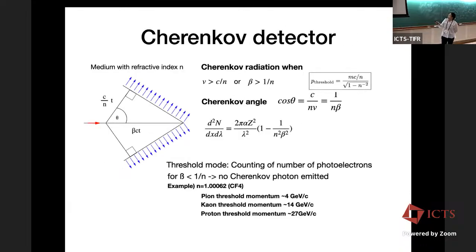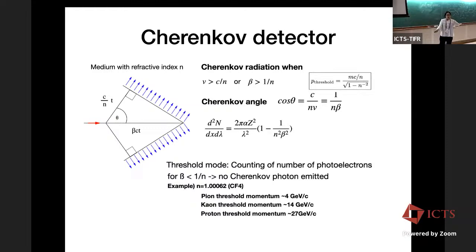So one is a Cherenkov detector. Cherenkov radiation is when a charged particle passes through a medium, and if the speed of this particle is faster than the speed of light there, then it will emit Cherenkov radiation. So it only happens when the velocity, or the beta value, is larger than 1/n, where n is the refractive index of the medium. So you can also say that this is the threshold value for Cherenkov radiation to happen, right? When Cherenkov radiation is emitted, it produces this form of radiation, and this angle can be defined this way.